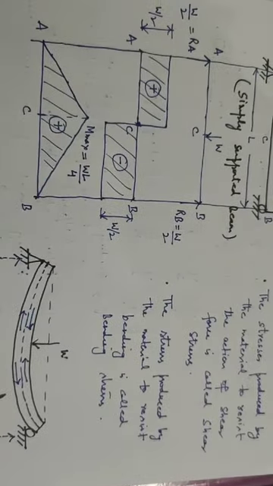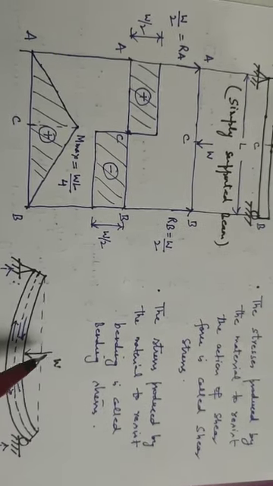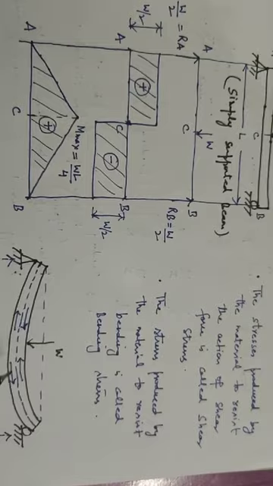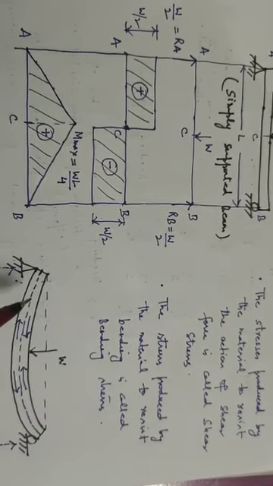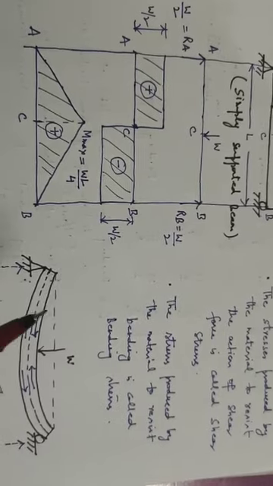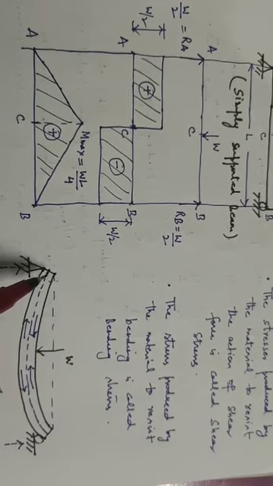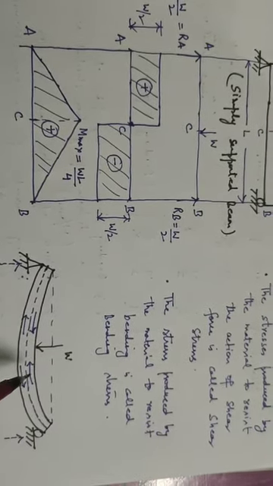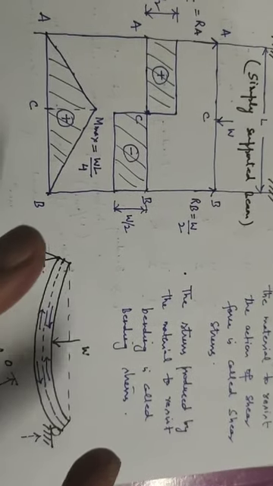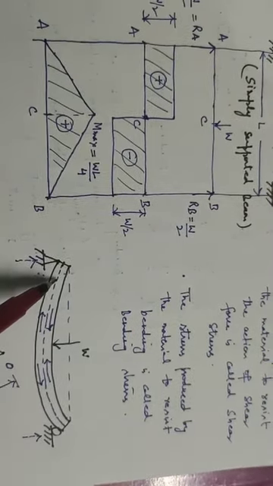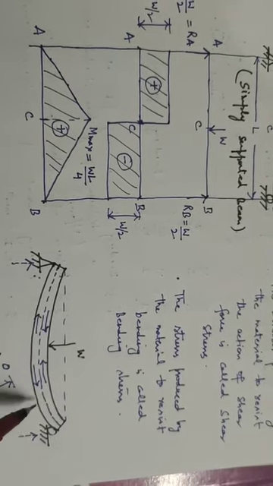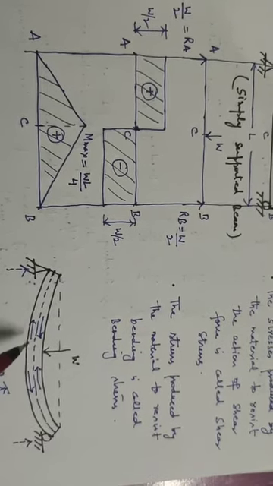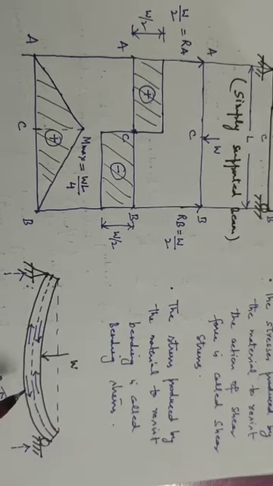Now in this case let us suppose the load W is acting. इस load W की वजह से the tendency of the beam to bend will be like this. इस तरीके से beam आपका bend हो जाएगा. So there will be sagging in the beam, और इस sagging की वजह से अगर हम एक सेंटर में एक्सिस लें, so this is the center axis, जो ऊपर वाले फाइबर्स होंगे बीम के that will be in a state of compression, they will be shortened in length, whereas इस एक्सिस के जो नीचे वाले फाइबर्स होंगे उनमें क्या होगी elongation. So these fibers will be in tension, या इनमें जो स्ट्रेस होगी that will be tensile stress.